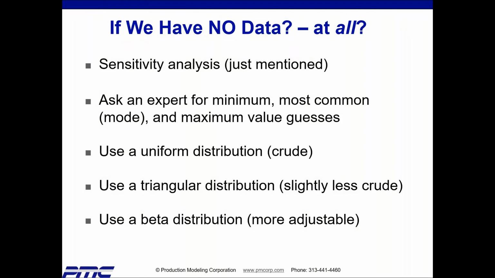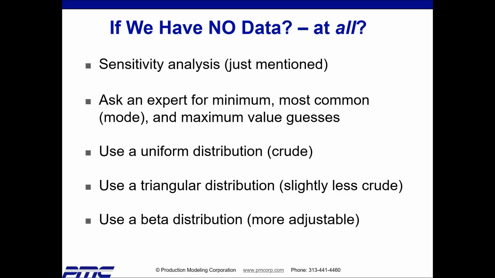Now, if you have no data at all, and that could well happen if you're modeling a system that's still under design, and in terms of potential ROI, the benefit to cost ratio is characteristically largest, typically 10 to 1. I've seen 80 to 1, 90 to 1 over my 40 years. But then you have no data at all. Well, you can ask an expert. There's always an expert available at a price.